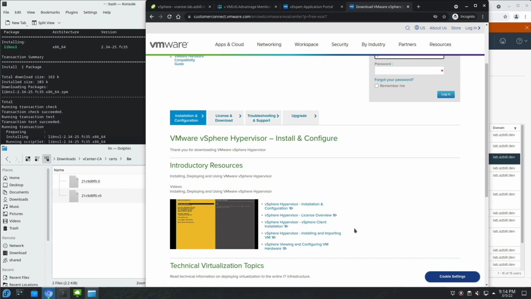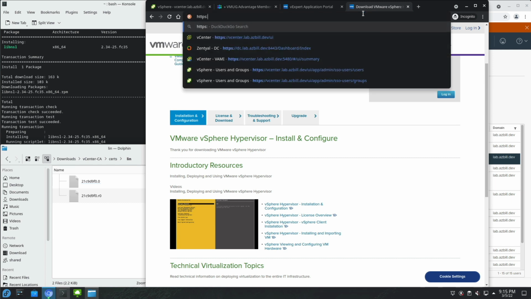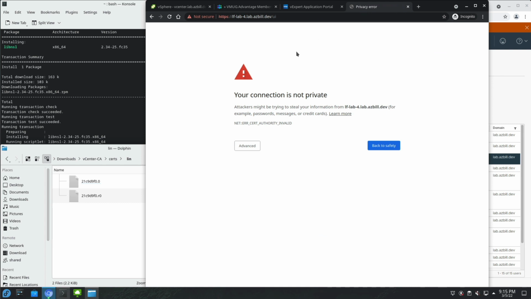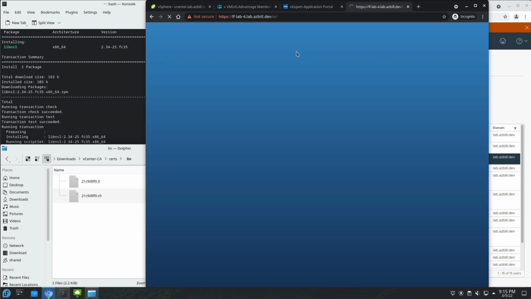But again, this gives you the ability to run virtual machines. You do get a web UI to access your ESXi hosts. In fact, let's take a look at the ESXi host that is running and serving up my vCenter server. That is on, what was that address again? Yeah, here it is. It's not joined to the vCenter yet, so it doesn't have a proper SSL certificate on it. That's okay. We can use our little trick of this is unsafe. There we go.